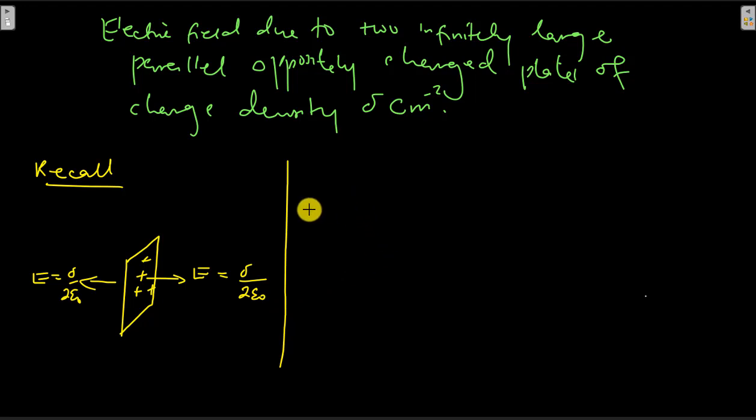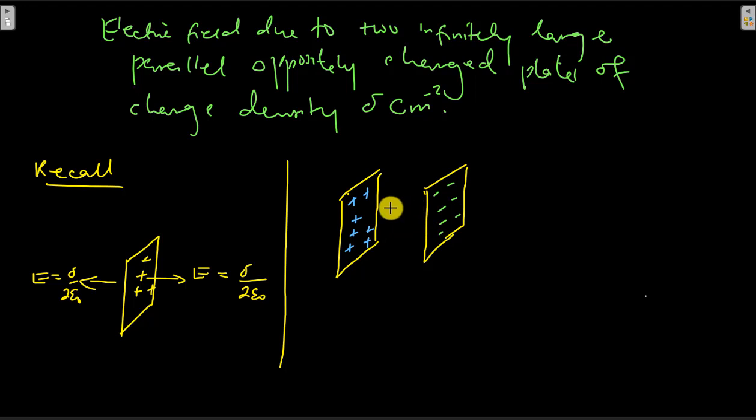Now let's have two planes of this kind, or two plates. So we have one plate here, another plate here. These plates are infinitely large, but we only consider this for purposes of not exaggerating the diagram. So let's suppose this plate is positively charged and this plate is negatively charged. So the electric field due to the positive plate, we use the blue color, is going to be